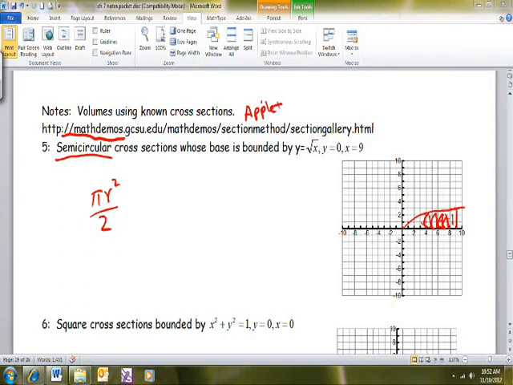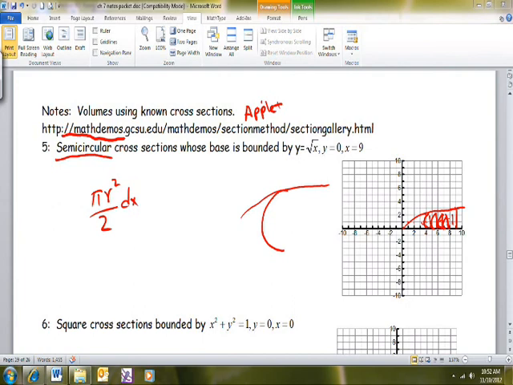Now, if you can't visualize it, or if you have no clue what the visual is, it doesn't really matter. You know what your area of each individual one is. To make it a volume, we're just going to put a little dx on the end, whatever width each of them is. Now the tricky part for this is if I was to blow up each of those semicircles,